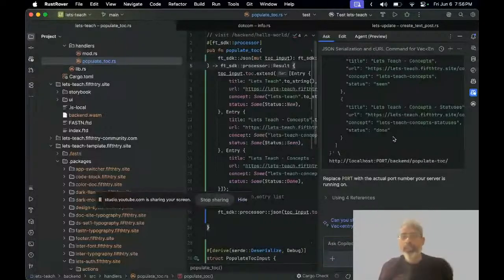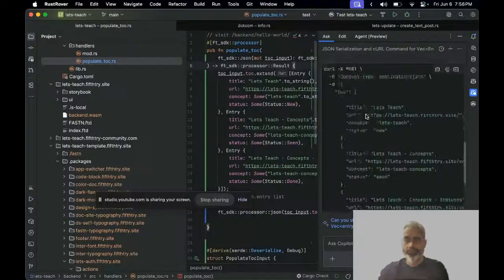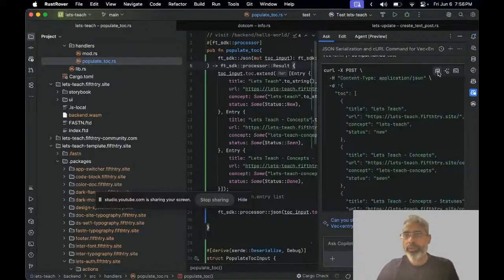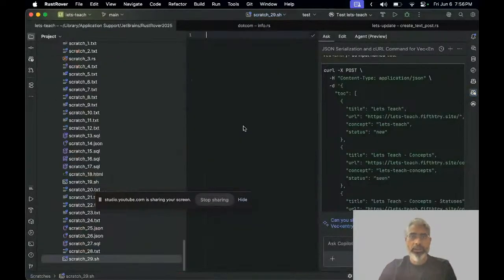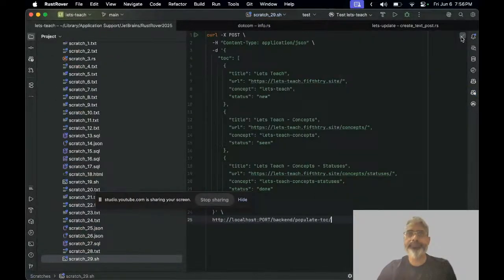Okay, this looks reasonable. So we will copy this and we'll create a new scratch pad and paste it